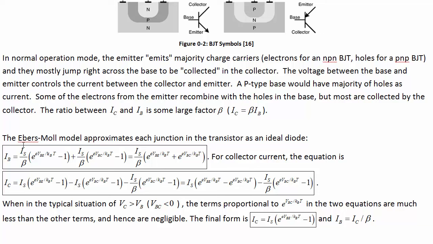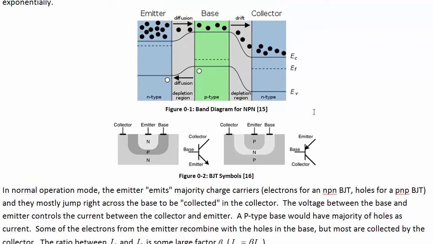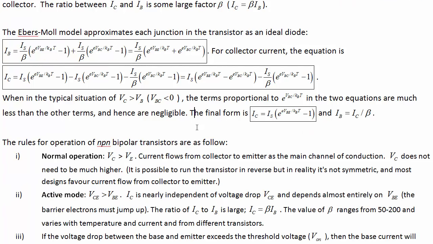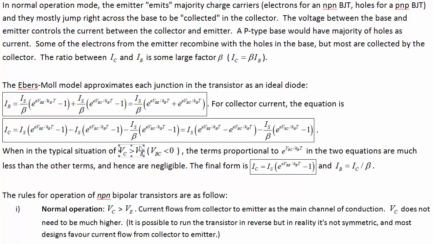This assumes that the reverse bias saturation current for each of the diodes is the same, and so really it would only approximate to this for a symmetric BJT. And the collector current, similarly, we can write in terms of diode currents, but most of the time we're just going to say, well, in a typical situation, the collector voltage is larger than the base voltage,